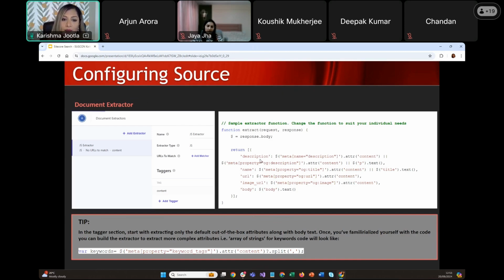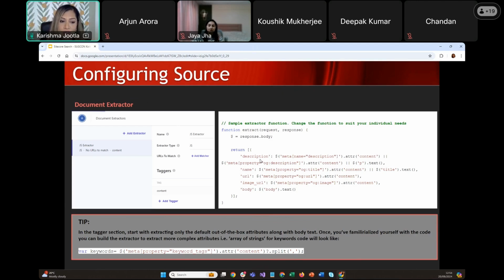Another thing I forgot to mention earlier is that there are different types of extractors as well. There's the XPath, there's the CSS, and then there is the JS extractor. We have been using the JS extractor because it's much easier to set up your code, and as your requirements become bigger and bigger, you can just come into the JS code and add another attribute that you want to collect from your website pages. So you start with the body. It will just scroll through the whole page and keep that information ready